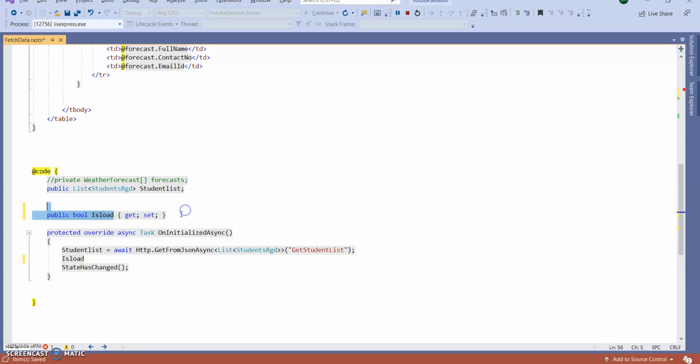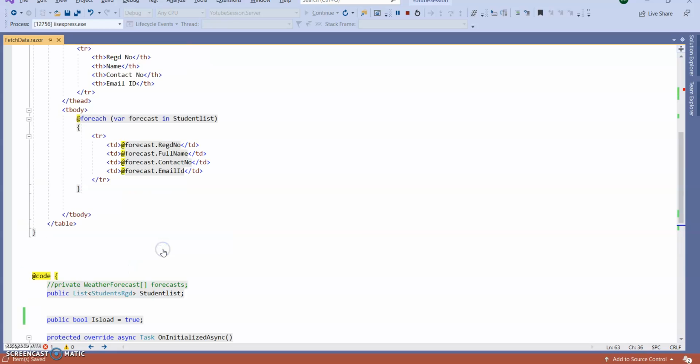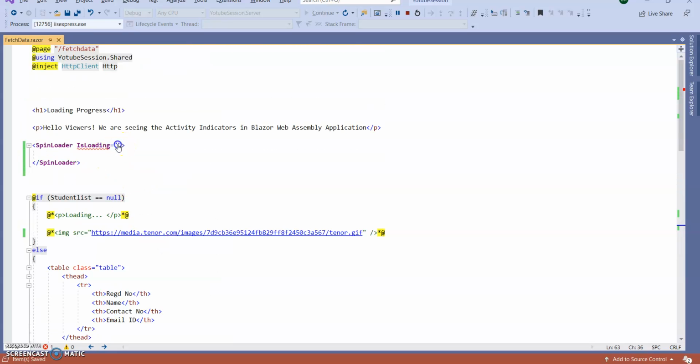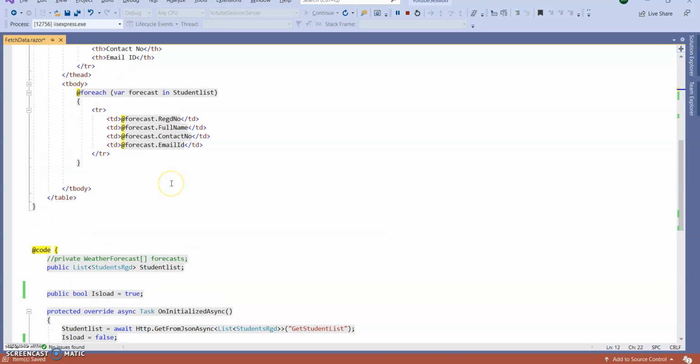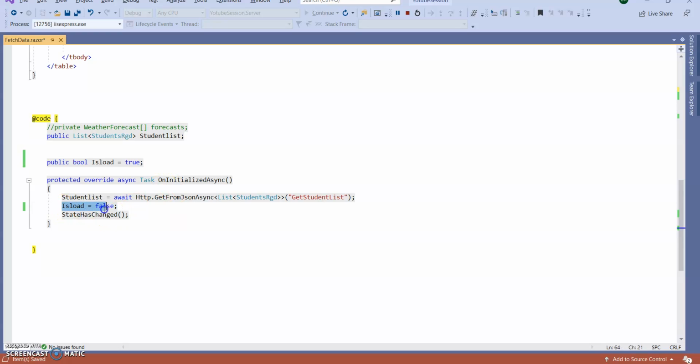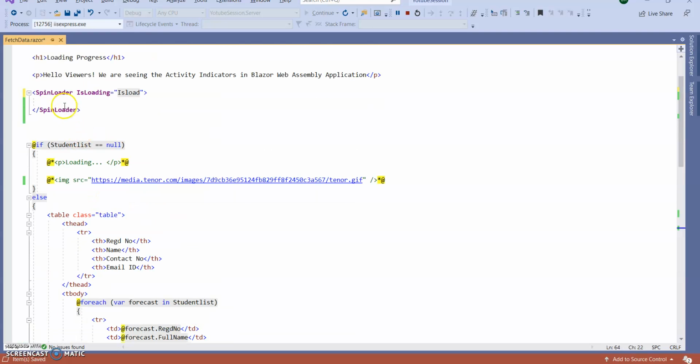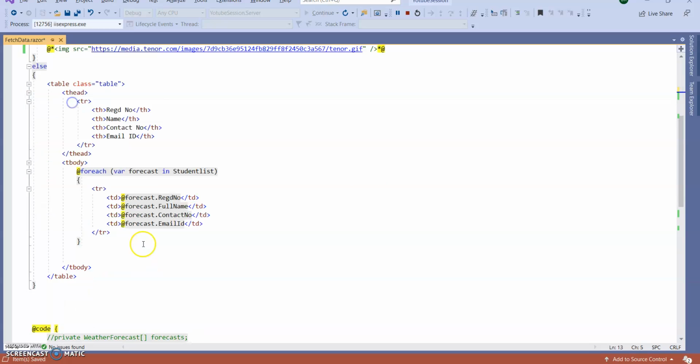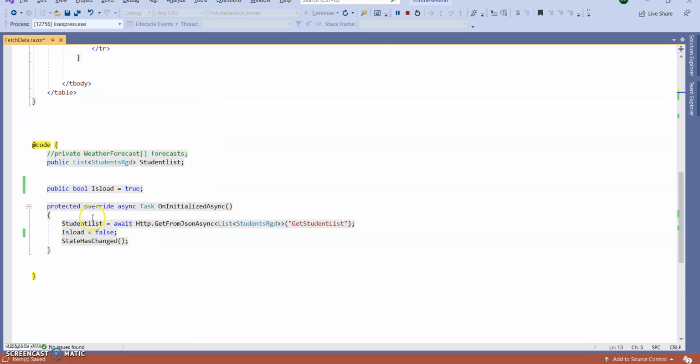By default it will be true. After loading the data, I am making it false. Here in this section I am assigning the boolean value. When IsLoading is true, it will show the loader. After getting the data from the API, I am making it false.